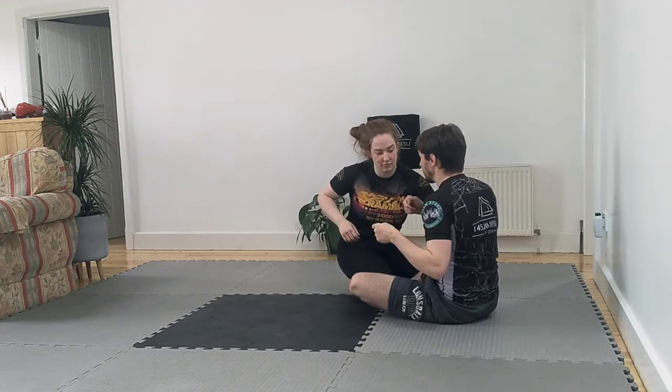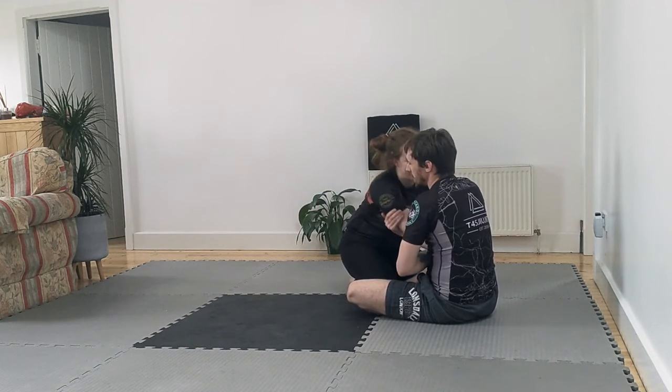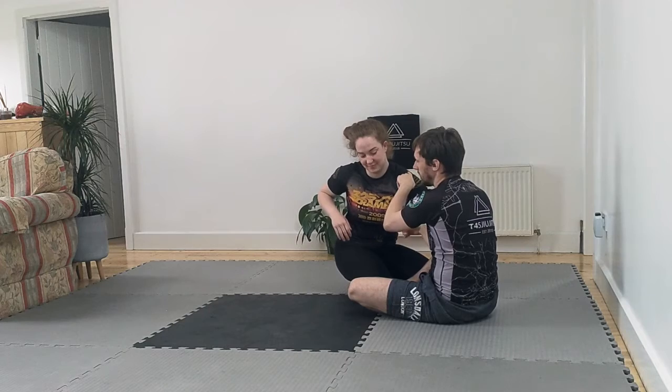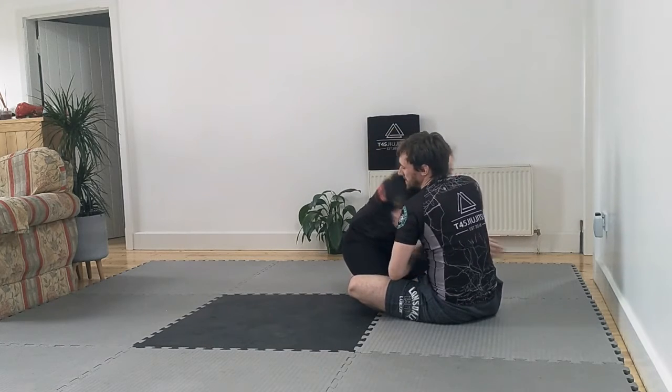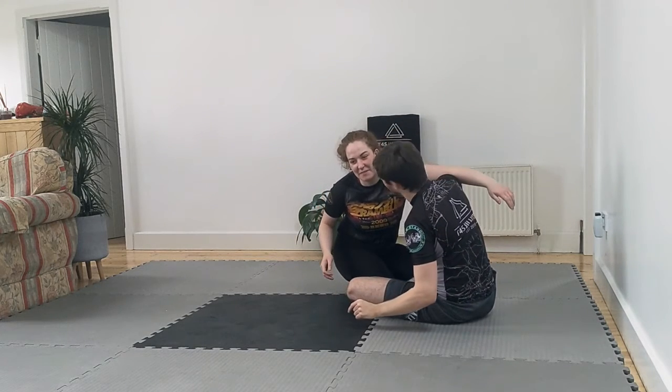But for her to yank this arm out, she can't yank her two shoulders at the same time or she'd fall backwards. So if I'm here and she yanks, she leaves this shoulder behind. If she tried to yank the two, she'd just go, I don't know, like that, and then I could just push her over. So when I go here, she yanks the arm out, which opens this up for me to